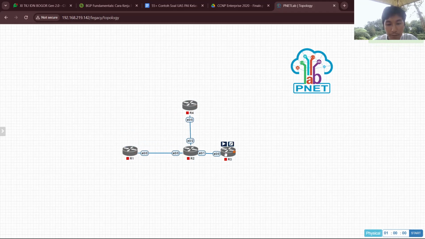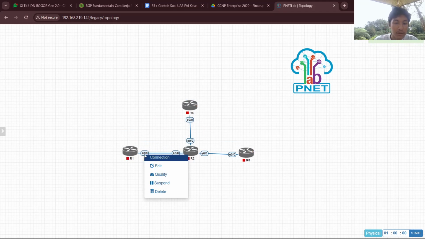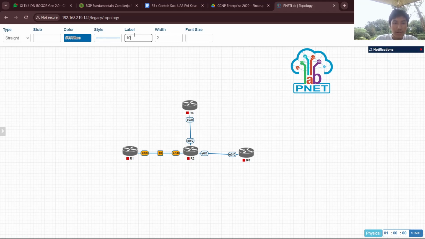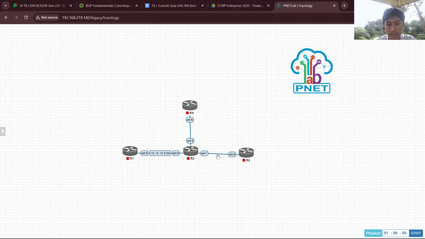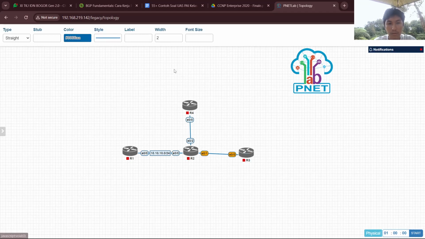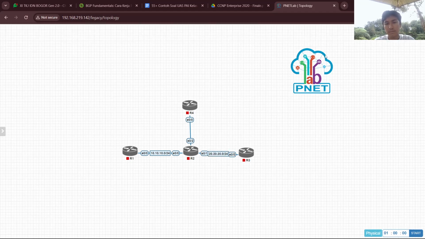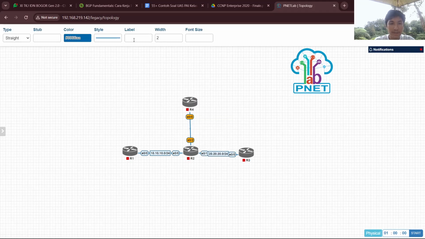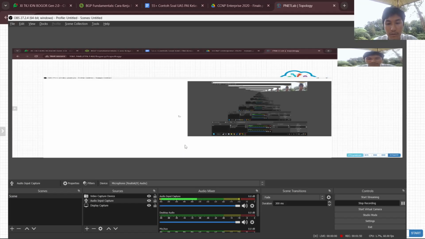This is the topology. Now we label the links to set the IP addresses. The slash is up to you, but I will use slash 24.